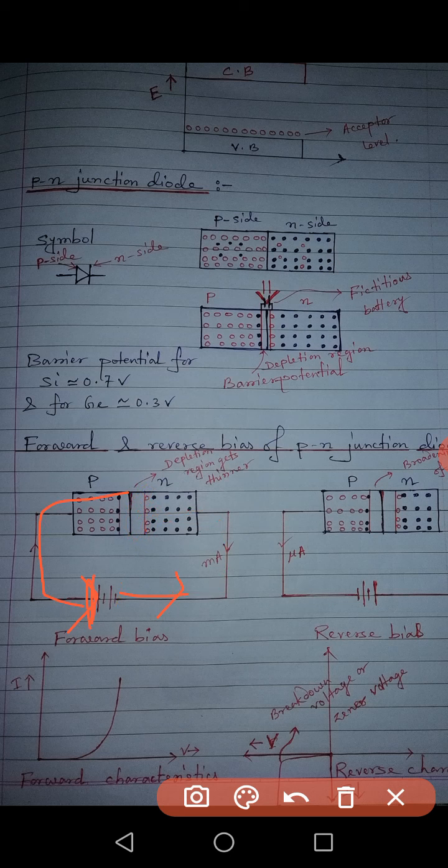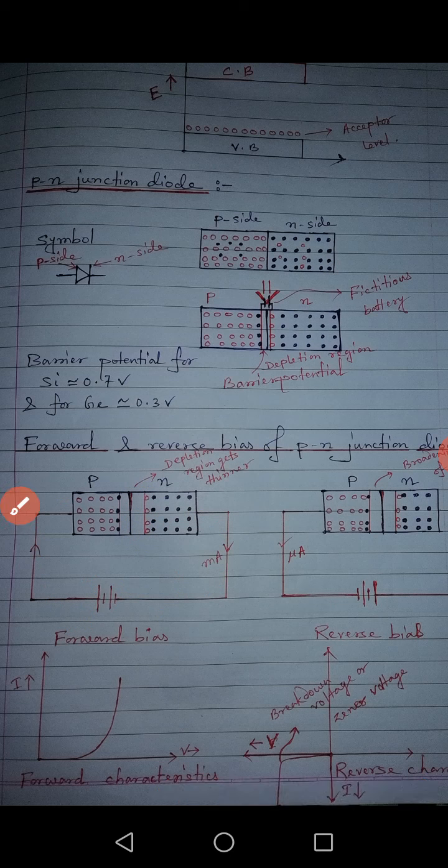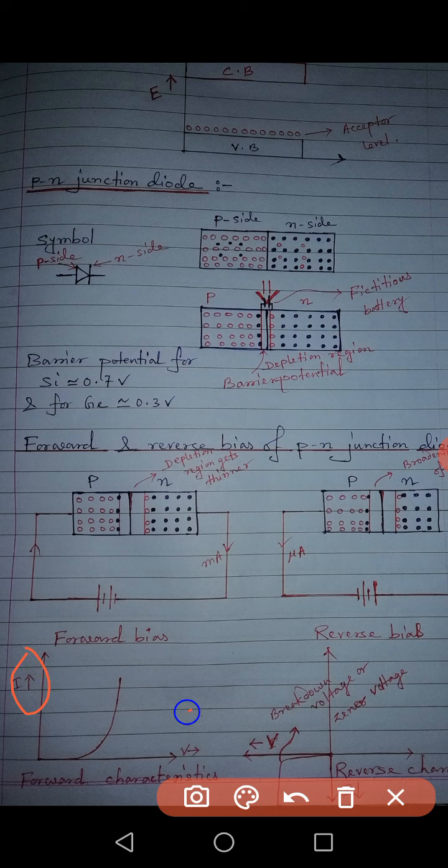Okay, so in forward bias the depletion region gets thinner, because this positive side is attracting the electrons and this negative side is repelling the electrons, and these electrons are getting inside the depletion region, and once they are getting inside, the depletion region gets thinner. Alright, that is forward bias, and we have to draw two graphs. One is called forward characteristics, the other one is called reverse characteristics. So characteristics means it is a graph. What type of graph is that? Current versus voltage. Current along y-axis, voltage along x-axis, and the shape of the graph is like this. Okay, now why is the shape of the graph like this?